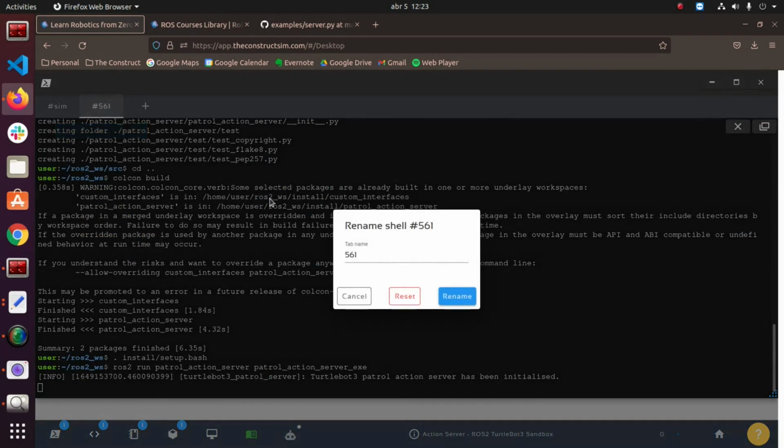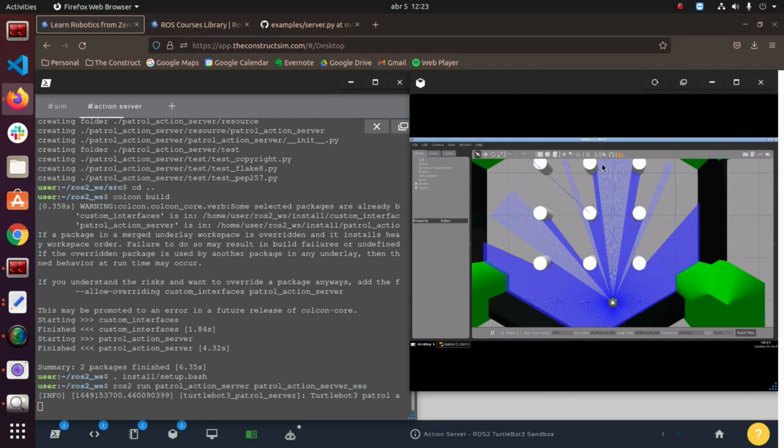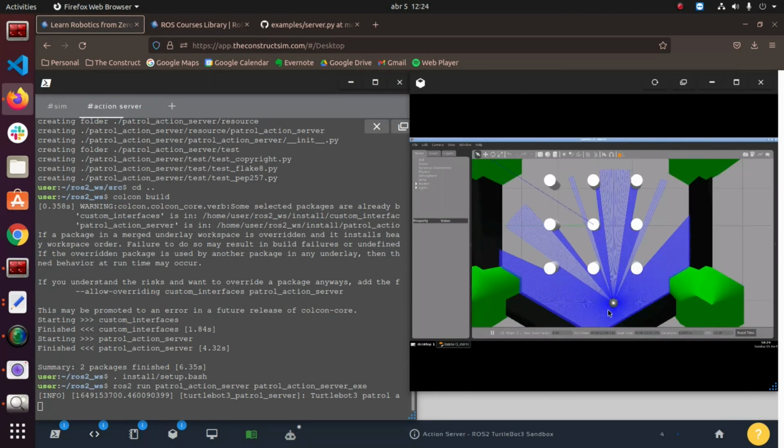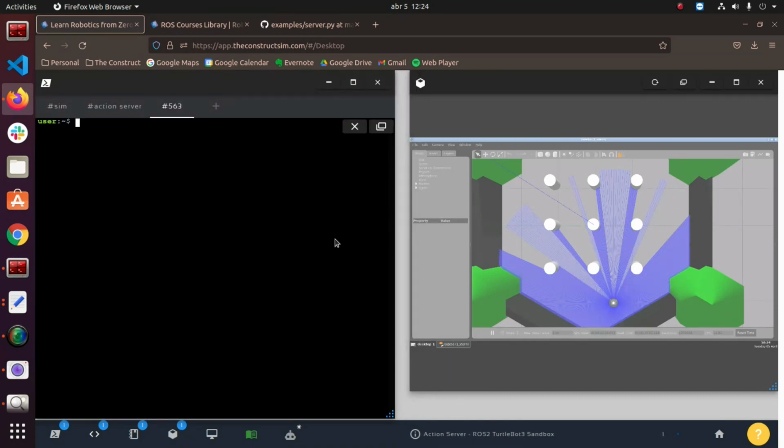Okay, so we have our action server here. And we can just make this smaller, and so we can see our turtlebot here, and another terminal. Again, you should be able to see the message with ROS2 interface show, I think it's called. And then if you can see this here, then you can use it. So with that, I can just do a ROS2 action send goal,